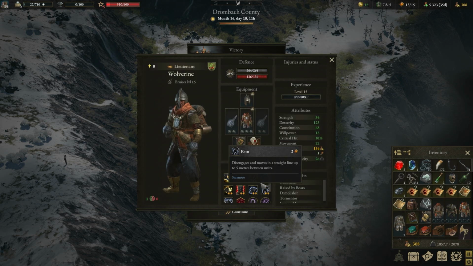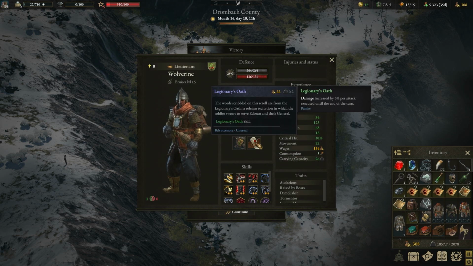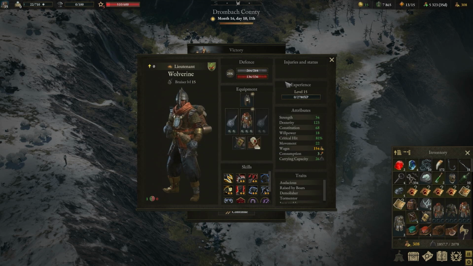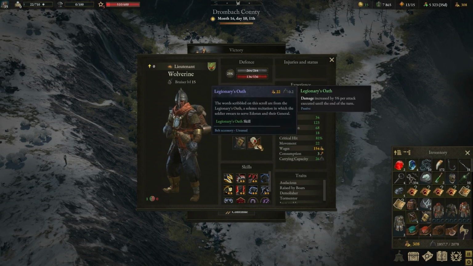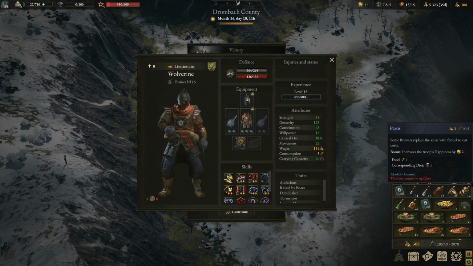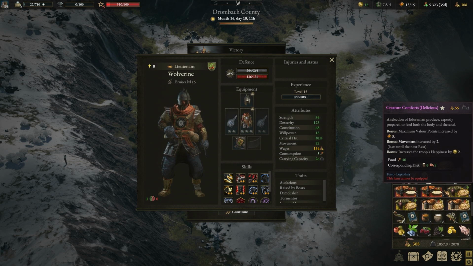But I mean, that is all. That was the Legionary's Oath. Sorry, I said ointment a moment ago. Damage increased by 5%. We didn't even have to use his 2 base skills, which could have done some more damage. But yeah, without this, it's still a very strong character. But with the Legionary's Oath...